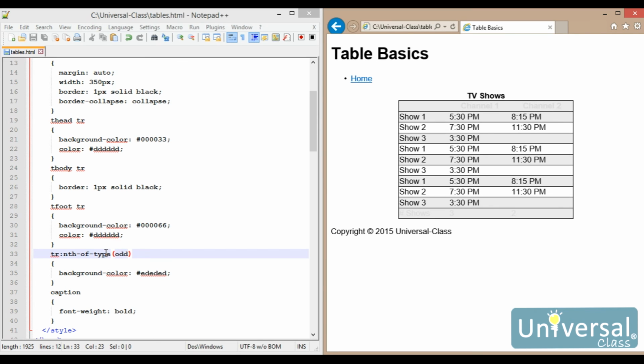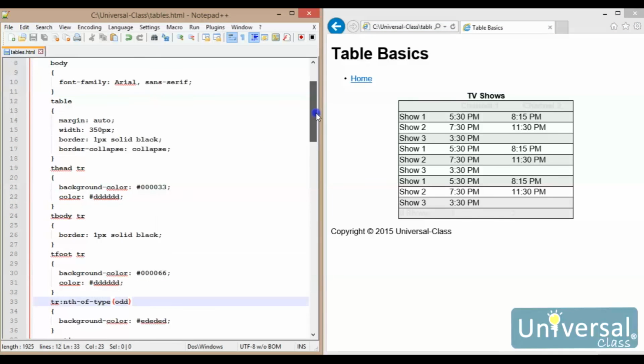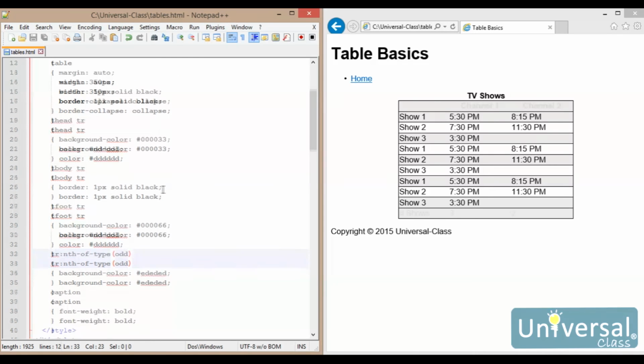And the problem is that CSS will apply all of the colors and all of the formatting in order. As you come down through the page, the first thing that it does is it goes through the body and changes the font of everything in the body to Arial and sans serif. It actually does it for all of the elements. Then it looks at all of our tables and applies all of these formats to the tables. And then it looks in the T head and says, okay, well the T head TR, format it this way. So it actually sets it to that blue background. And then it comes down a little bit